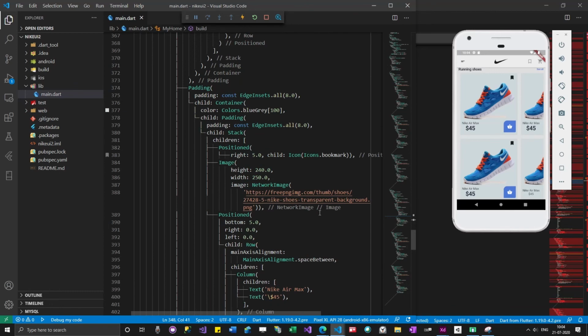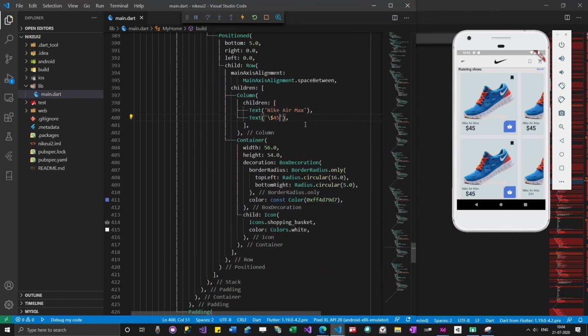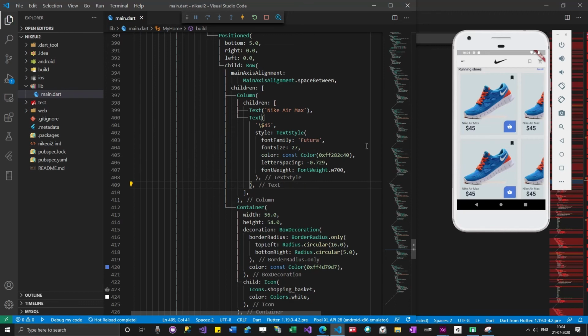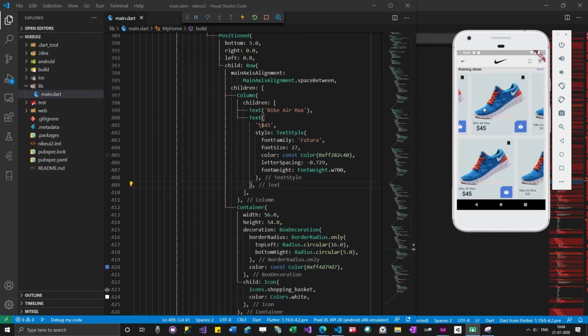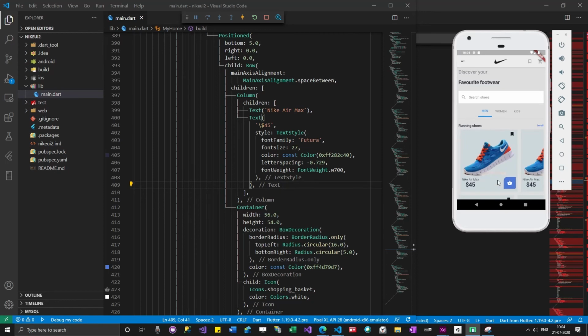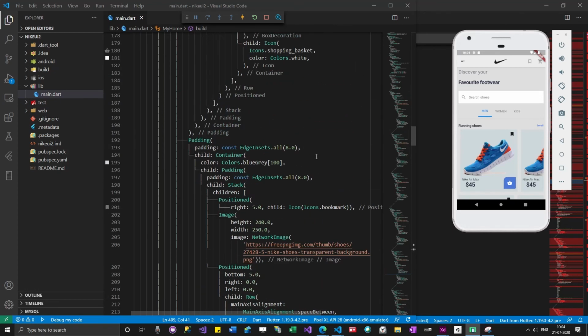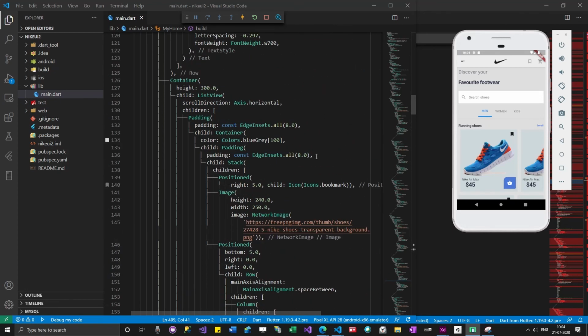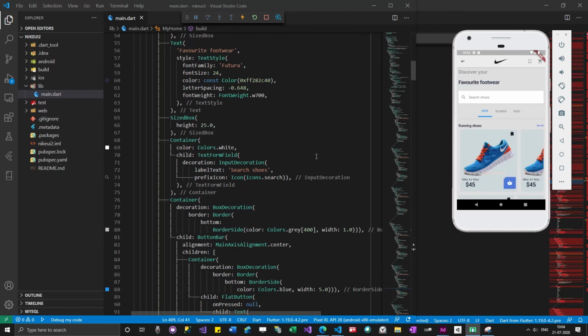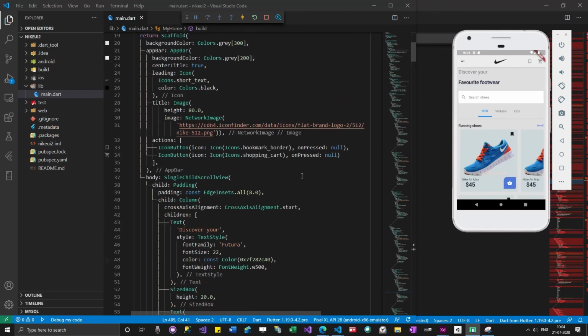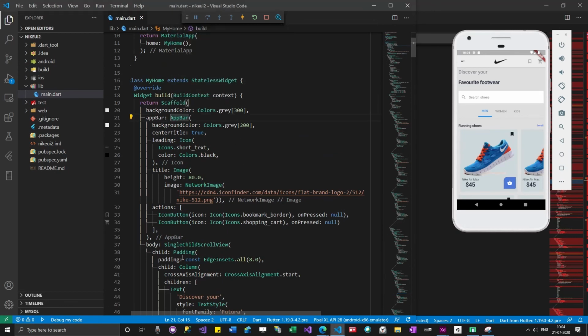Okay, the text is changed. So almost everything is done. So we leave this part. The thing which I'm going to do now is remove this underline, this border for the app bar. In order to remove it, we are going to remove the default app bar widget and then add something different, like our own app bar. So we are going to get rid of this app bar.